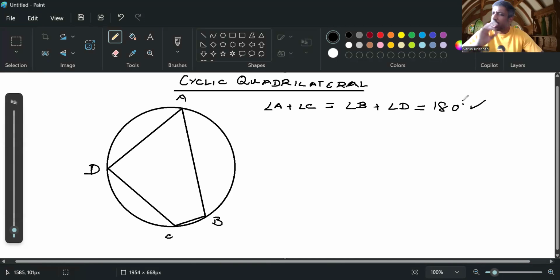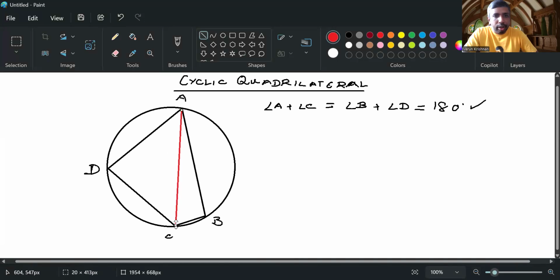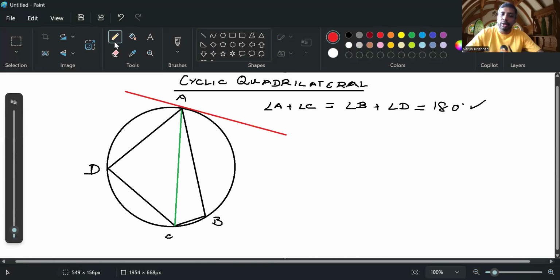Now, can we prove this? 100% we can. To prove this property, I'm going to consider a diagonal of this quadrilateral. Let's say I draw the diagonal AC. And let's suppose that I'm also drawing a tangent to the circle through the point A. So then what happens is that now I've got a tangent, let me call this tangent PQ, and a chord AC which are touching each other at the point A, which means now we can apply the alternate segment theorem,